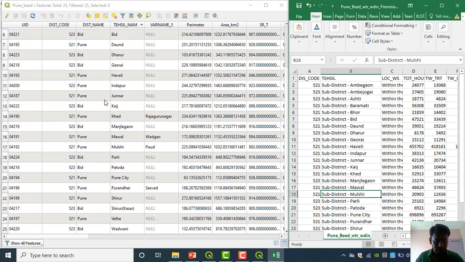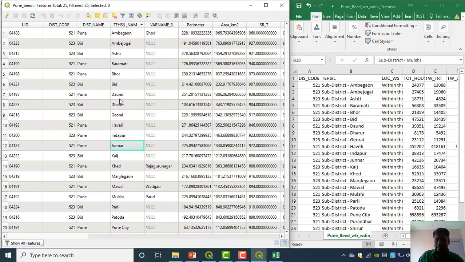But one thing is that the prefix sub-district is not here, so it won't match. Both things should be the same, and only on that basis can we join the data set. Now the UID here is 0, so we cannot go with the 0.